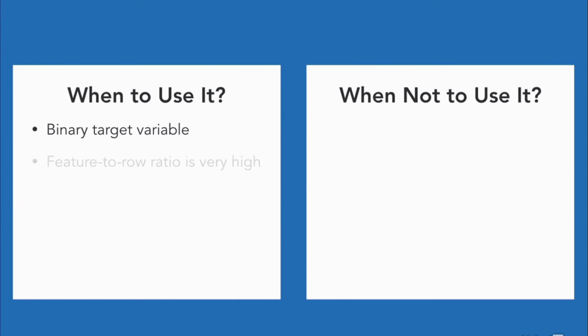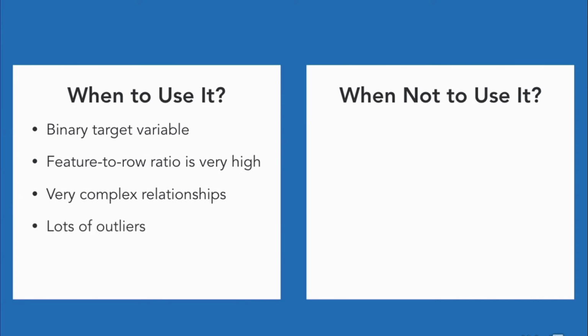Many algorithms will really suffer from these, but SVM tends to do fairly well, and it's actually one of its distinguishing features. SVM is also quite good at untangling complex relationships. SVM also handles data with a lot of outliers quite well. If you think about how SVM works using these support vectors, it actually makes sense, because it only looks at the points closest to the line, so outliers are kind of ignored.